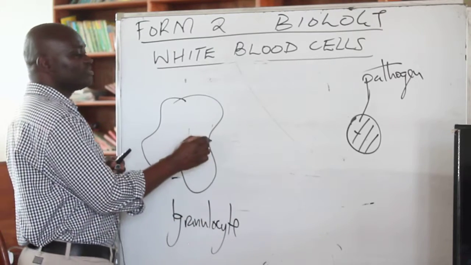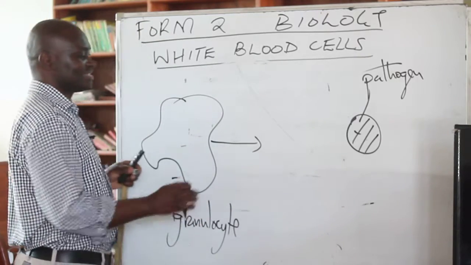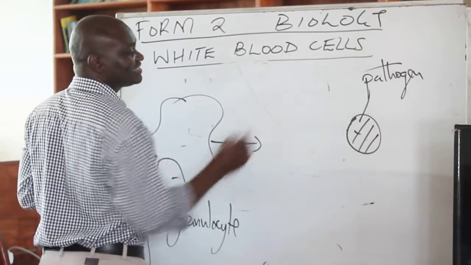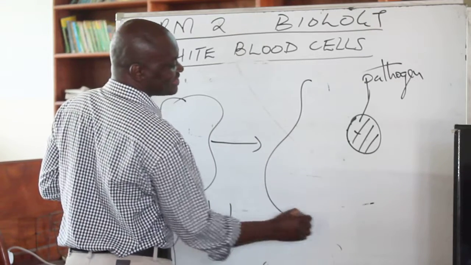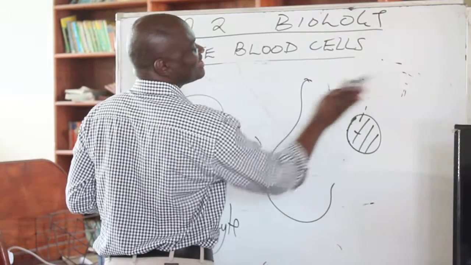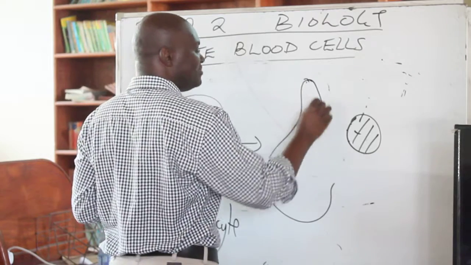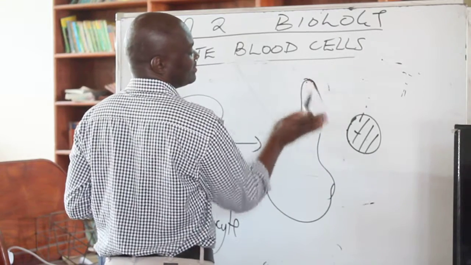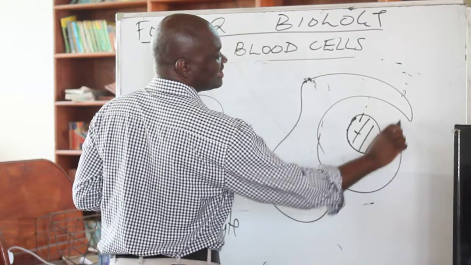So the granulocyte will move by amoeboid movement towards this pathogen. After that, it will behave like what? It will behave like an amoeba. It will form pseudopodia. And then it will